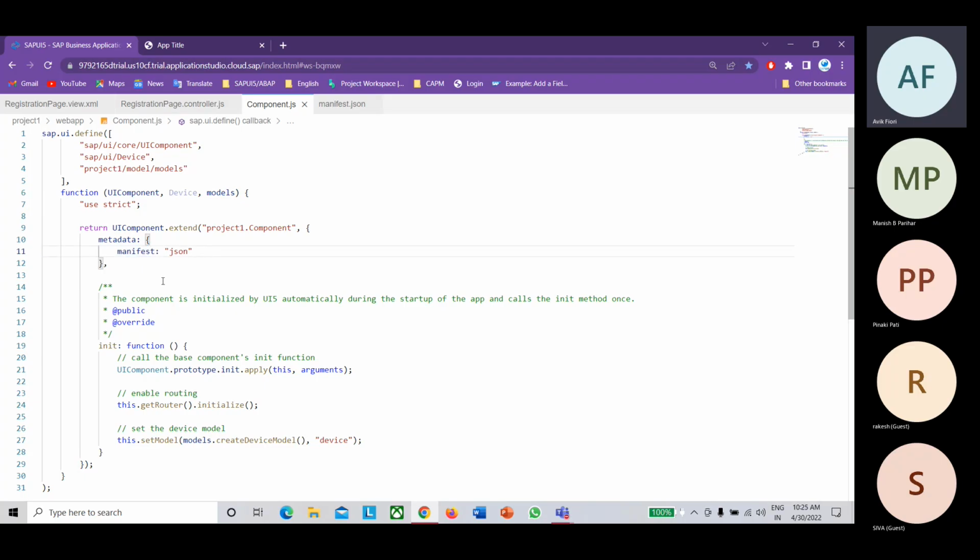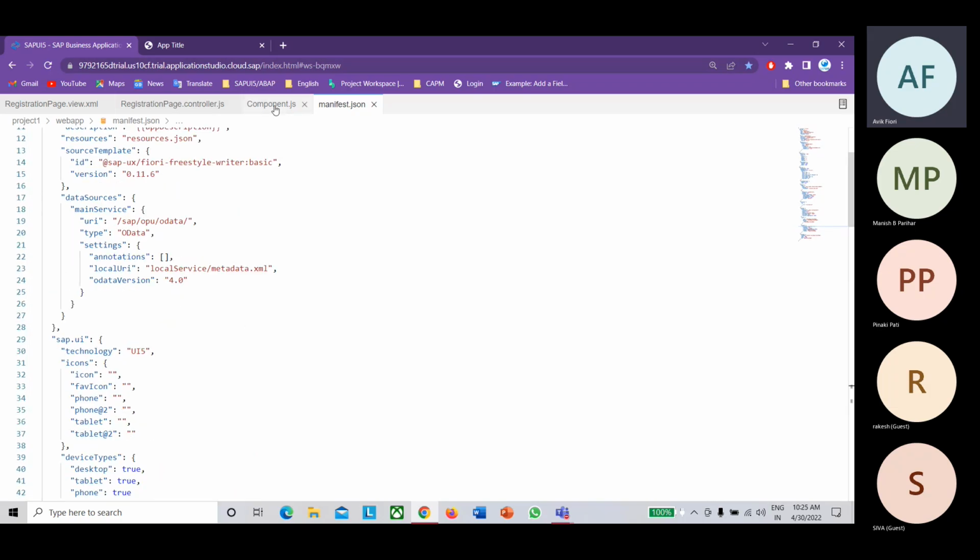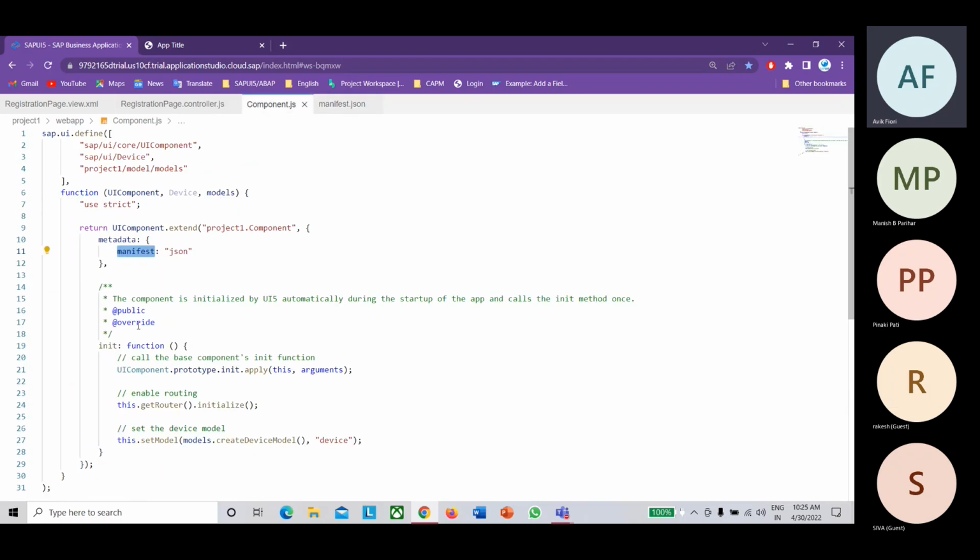So earlier, before the 1.20 or 1.30 UI5 version, whatever content you see inside the manifest.json file was included in component.js. But now they have shifted the global configuration, all the basic and most important configuration, inside the manifest.json file.